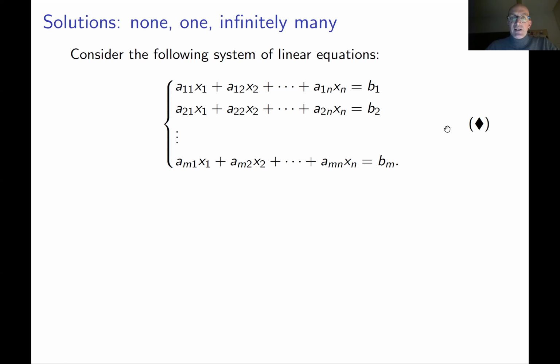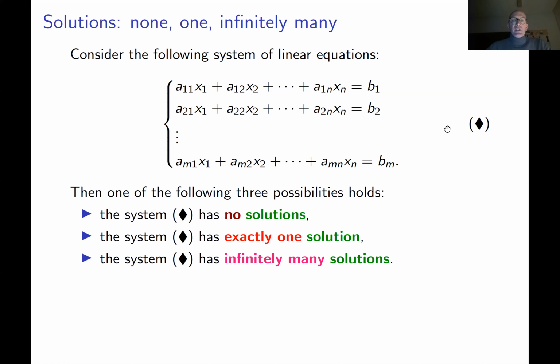How to deal with these cases? Using the lemma on the previous slide, you see that we have three options. One option is you have no solutions at all. It means in the lemma on the previous slide, we could not find the vector u. Vector u was your initial solution of this system of linear equations, which you found somehow. There is a possibility that this is impossible.